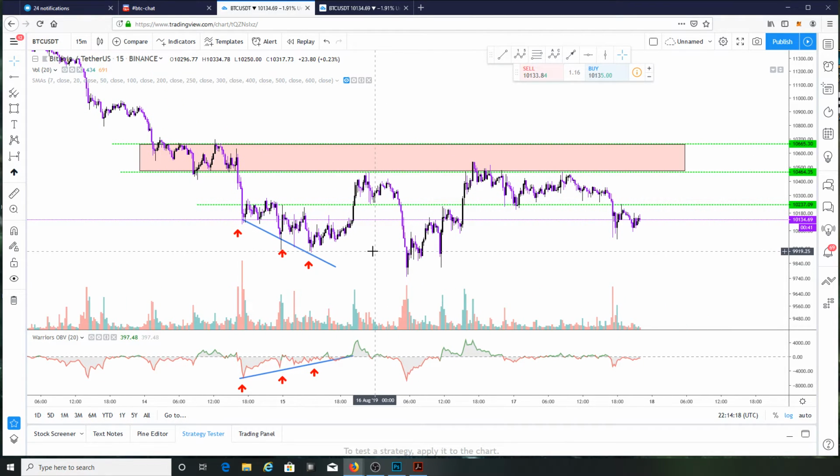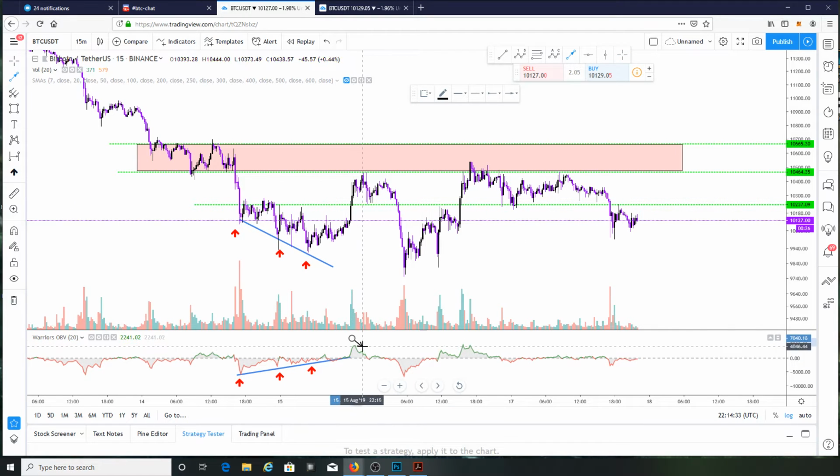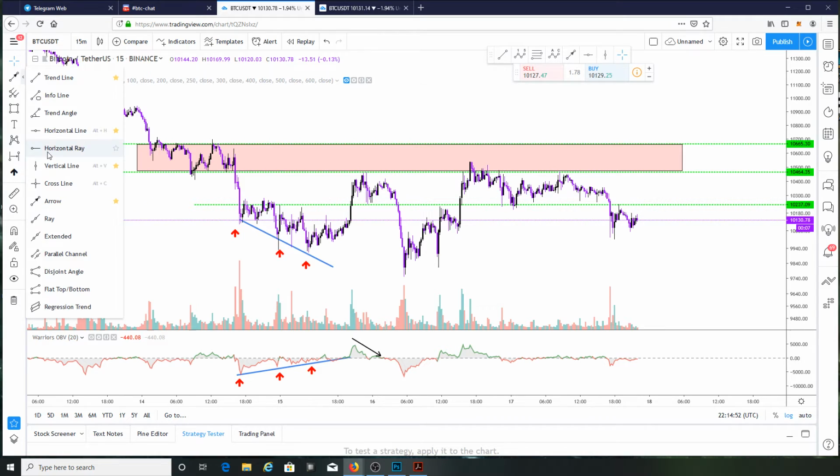Okay, so vice versa. So we got a nice big push. We've identified our resistance zone. Let's say we took some profit and we want to catch the next play. So, okay, now look what's going on right here. We noticed that the OBV is now trending down. It's trending against this push. And then look at the relationship to the price. So it peaked, and then it peaked, but it didn't quite dump yet. It hasn't quite gone negative, but you'll see the point where it goes negative right here,